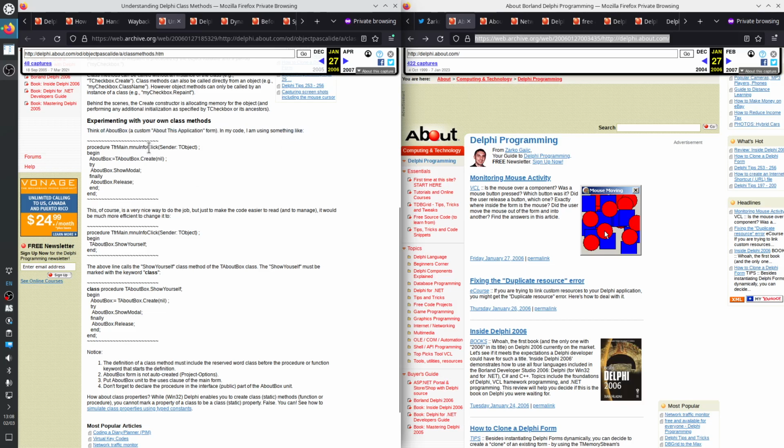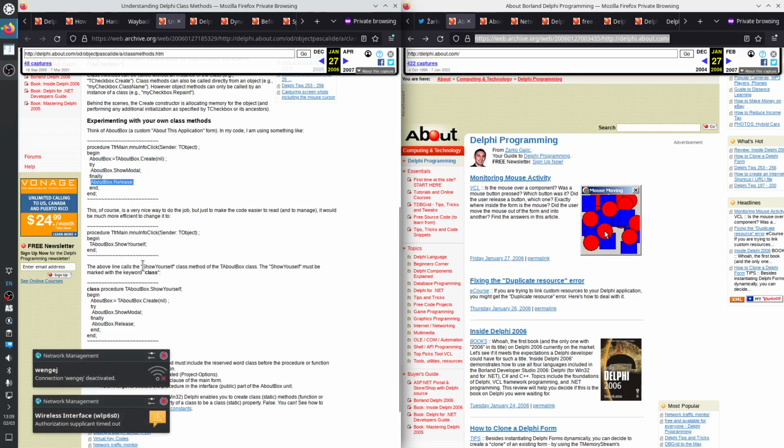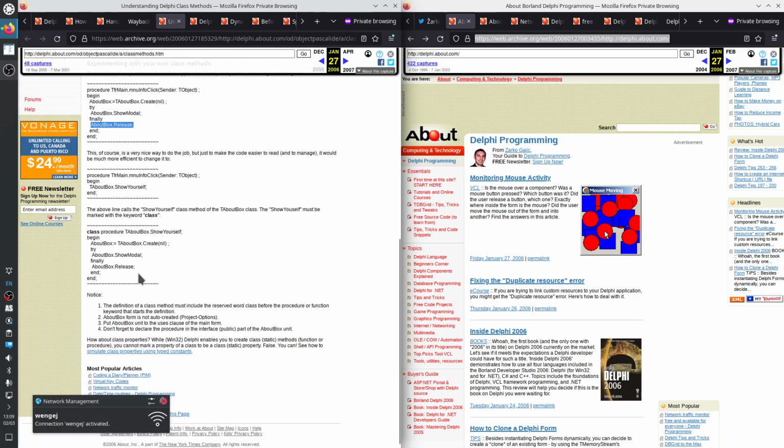Menu info click, so this is the event handler for the menu item info, which creates an about box, which is probably inheriting from the form, and then it goes ShowModal, and then it goes Release. And this is a class procedure, so a static method.